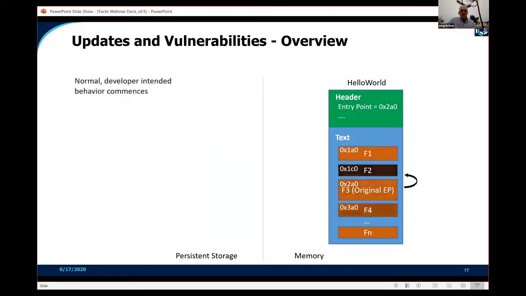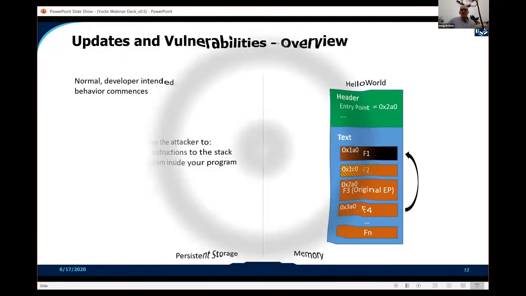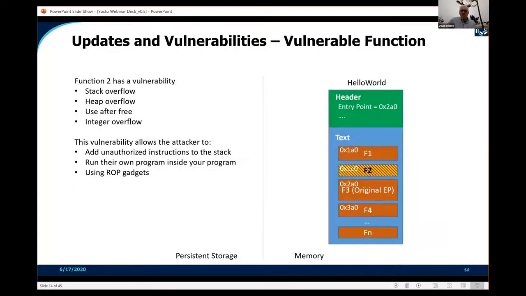Now, the numbering here is just for convenience, and program flows don't typically move from top to bottom. That's just illustrative. So let's take a look at that program and say that after Hello World has been deployed, we find out that function 2 has a vulnerability. That could be a stack overflow, heap overflow, use after free. This vulnerability allows the attacker to add unauthorized instructions to the stack and run their own program